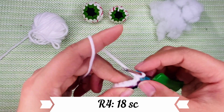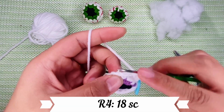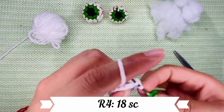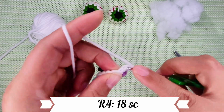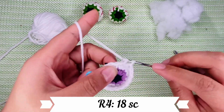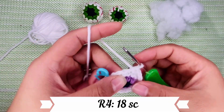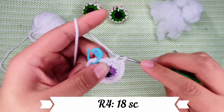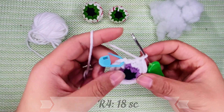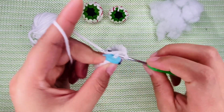And then keep going into the next stitch, 2, 3, 4, 5, 6, 7, 8, 9, 10, 11, 12, 13, 14, 15, 16, 17, 18. Then connect to the start, insert into the first stitch where the marker is, slip stitch,